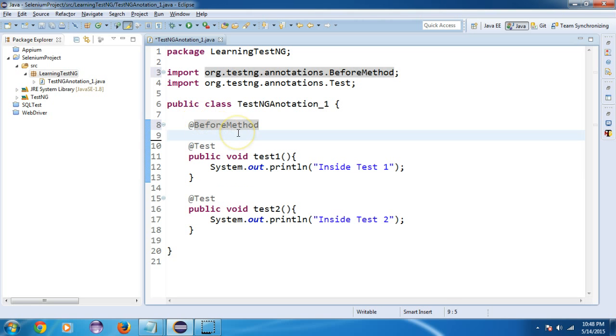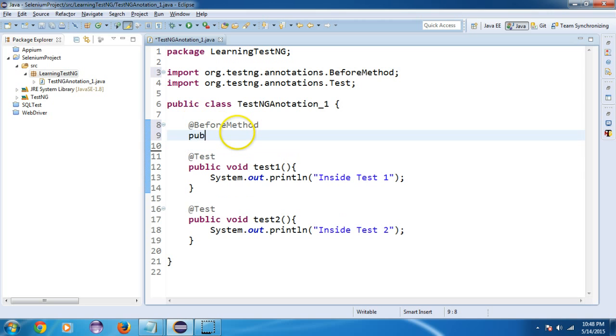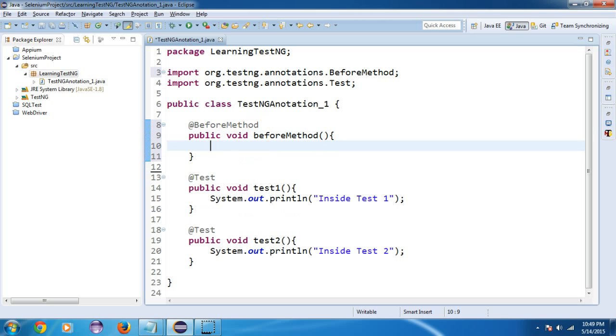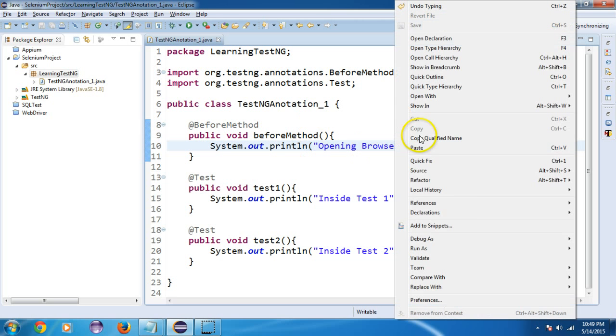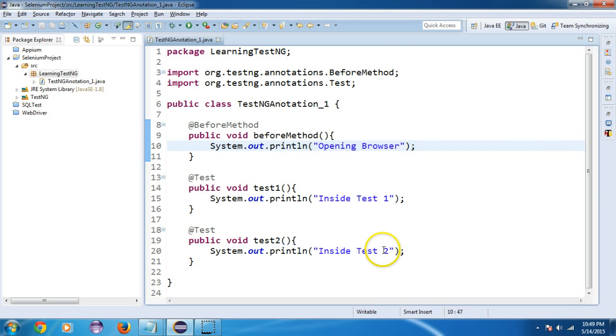So, okay, make a function here, public void. The name can be anything. For clarity, I'm just naming it the same as the annotation, beforeMethod. And I will write here, suppose before every test I want to open my browser, opening browser. Okay, I save this, and if I again run this as TestNG test,